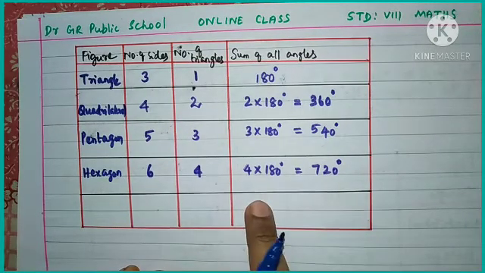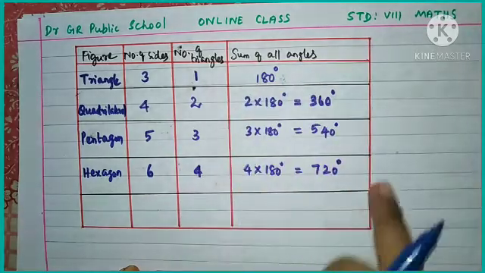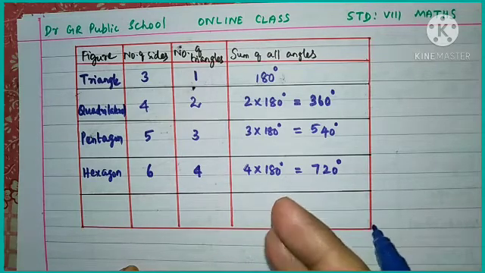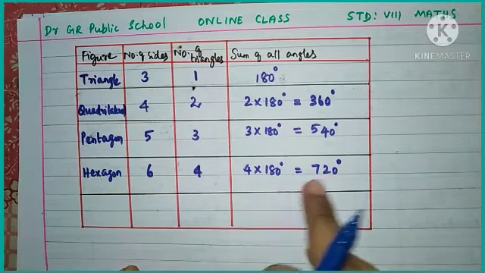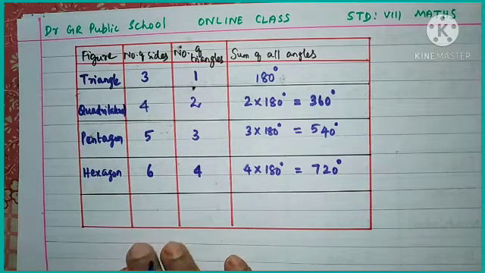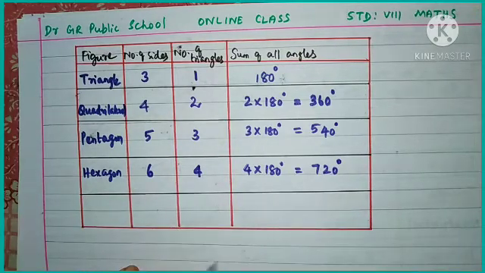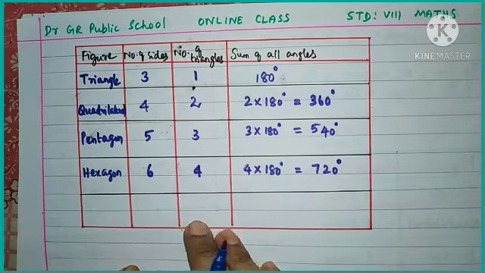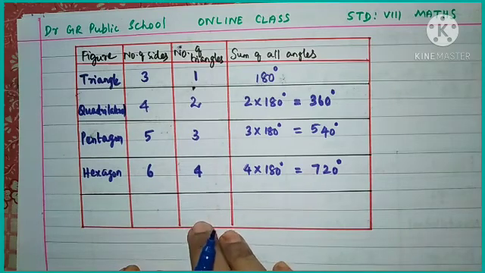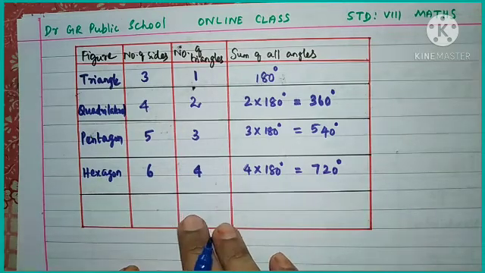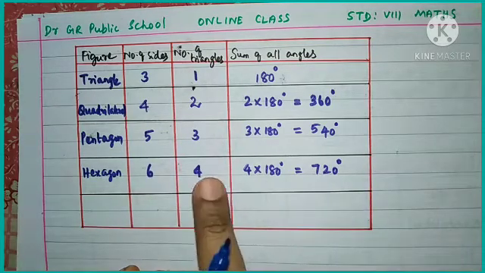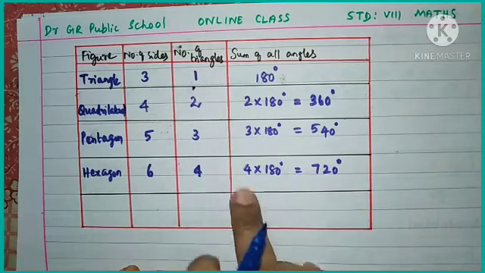Now what I said, we are going to generalize this for any closed figure with any number of sides, so that we can find out the total sum. See, children, for any closed figure, if 20 sides are there, 30 sides are there, 40 sides are there, we cannot draw the number of triangles every time. That is difficult. So there is an easy method to find out the total sum of those polygons. For that, all of you listen here.